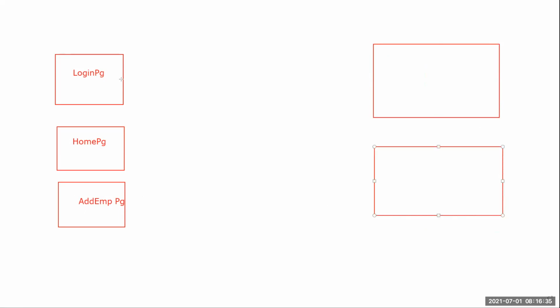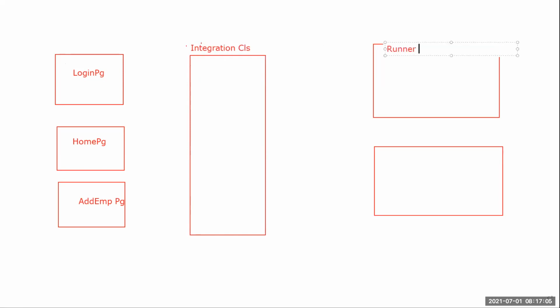But instead of directly creating objects of this login page in this class and in this class, I'm going to introduce an extra class over here. This class is my integration class, and this is runner 1.